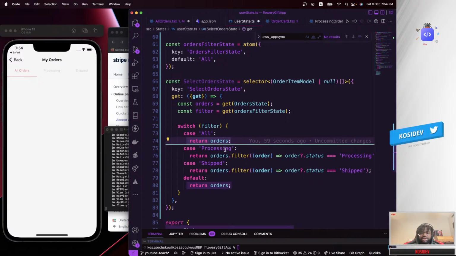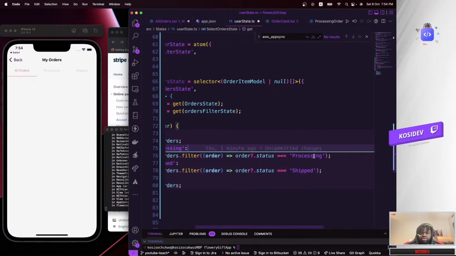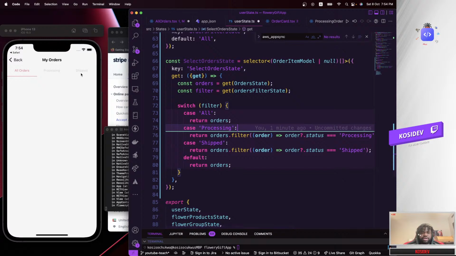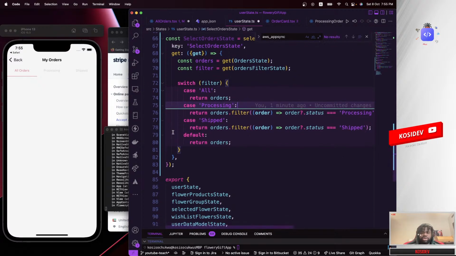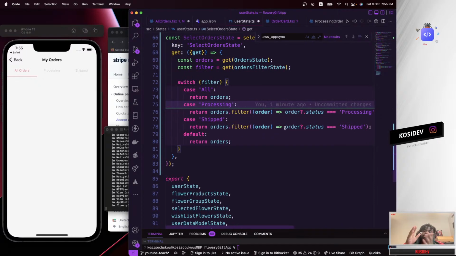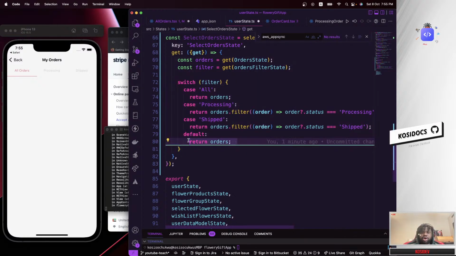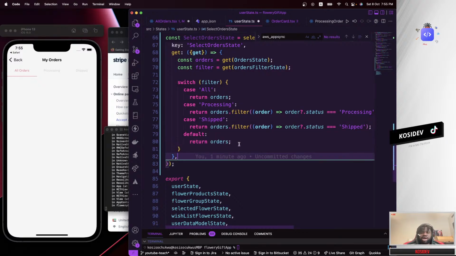Then if the filter state is processing, that means the user is currently in the processing screen. Basically return others where the status is equal to processing. If the filter state is basically shipped, you guys already know what we need to do. So basically return others where the status is equal to shipped, and if nothing at all, basically go ahead and return all others by default.